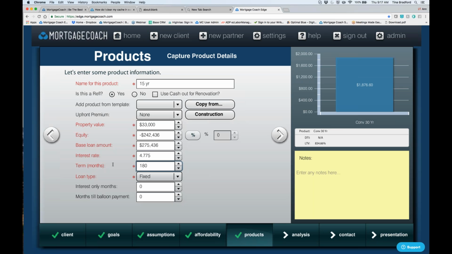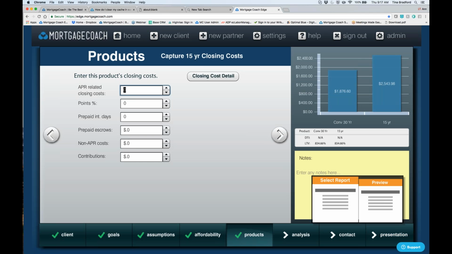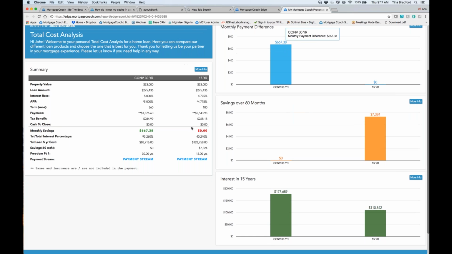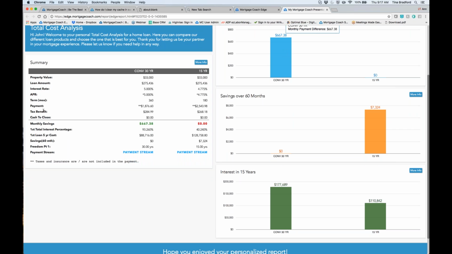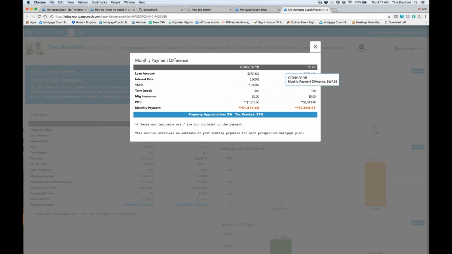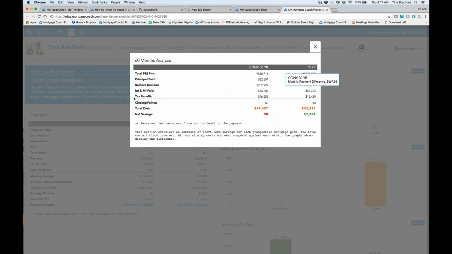just so we can see that when you do look at the presentation itself, it's not going to be vastly different. There's nothing in there that you're going to see that you're not accustomed to. All of that's going to remain the same. So we'll bring that up here. And you'll see over here tax benefit, just like you've been accustomed to. So we have that here. And then monthly payment difference is the same. The savings over 60 months, again, if you choose to include that tax benefit, it's going to display here.